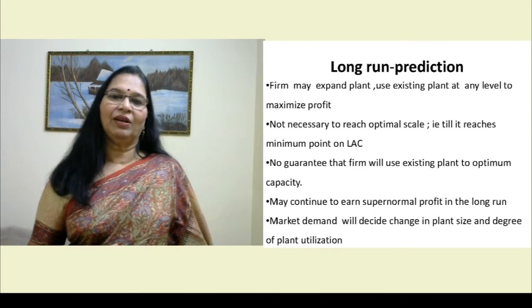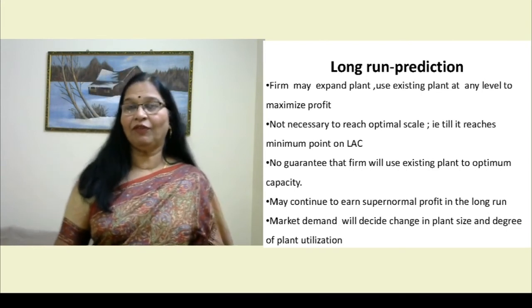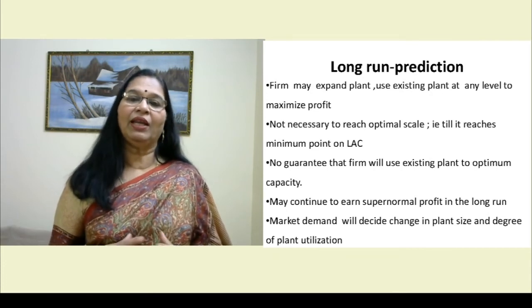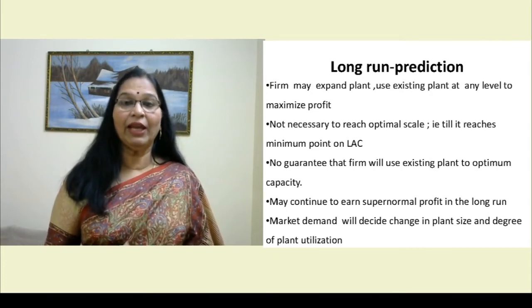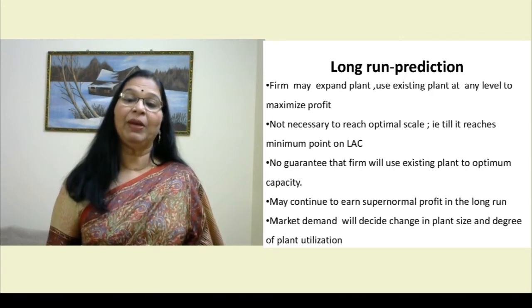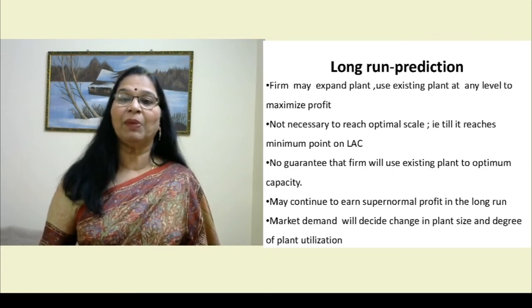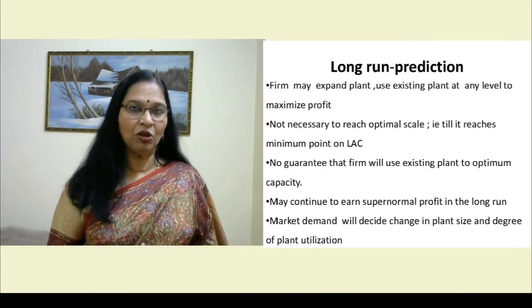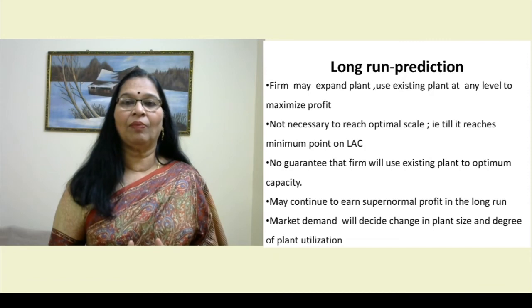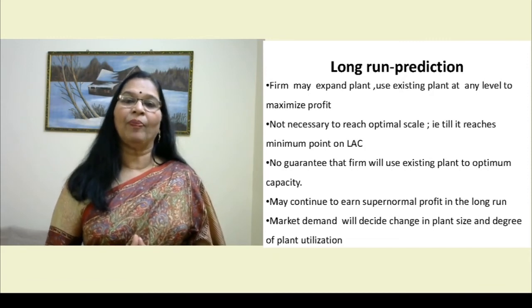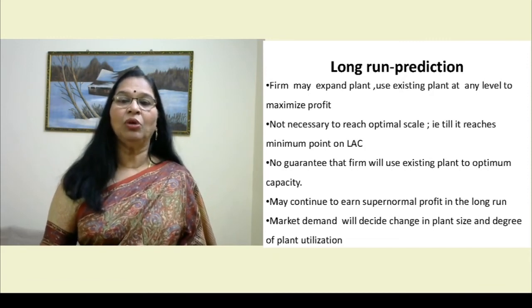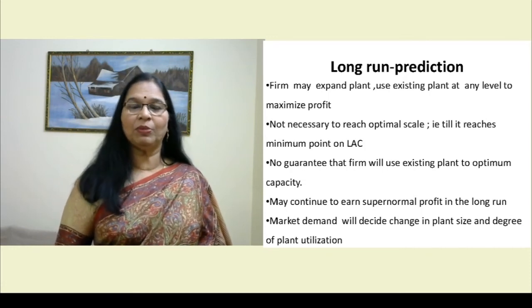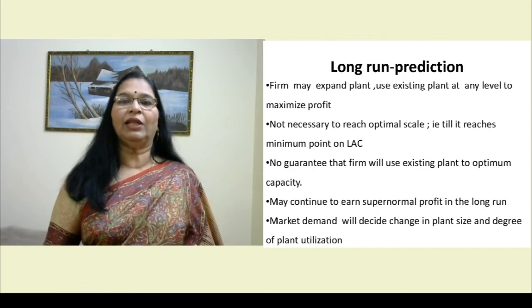And will the firm continue to survive in the long run? That's a prediction that Kotsianis explains in her book. It is a prediction. A firm may expand output, a firm may expand plant, use existing plant to any level to maximize profit. Possibility. Sometimes they may not do that. Then it is not necessary to reach optimal scale. A monopolist firm can always work below the optimal scale, not necessarily that it uses all of the